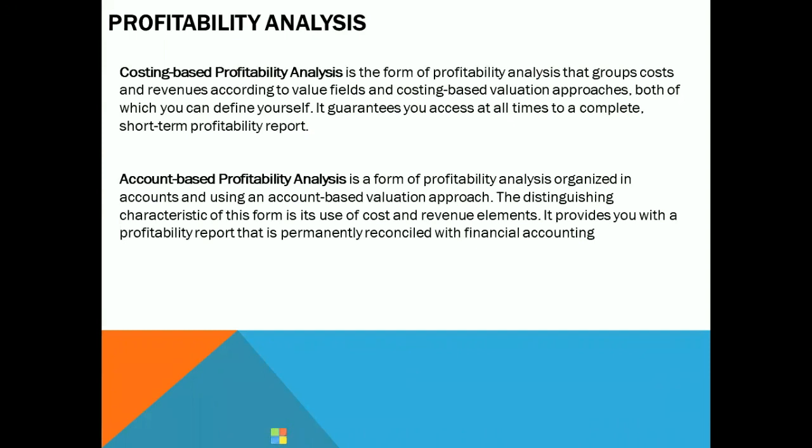Because as per SAP, till SAP ECC, when I switch to the account based profitability analysis, there are two major factors where it has been rejected by customers. Even though account based profitability analysis is permanently reconciled with your general ledger accounting, the customer has rejected it. Why? Because in account based profitability analysis, you're not showing the total cost of goods sold splitting. Yesterday we discussed that the total cost of goods sold is $1,800, but you are putting the total amount into one account.